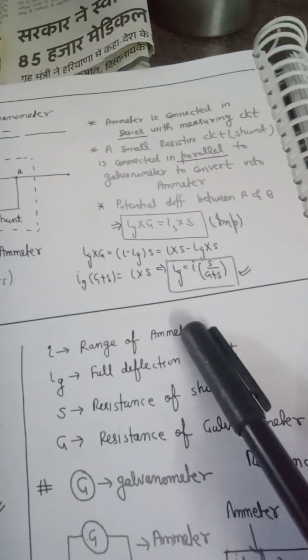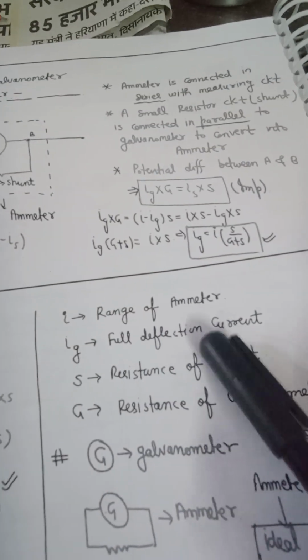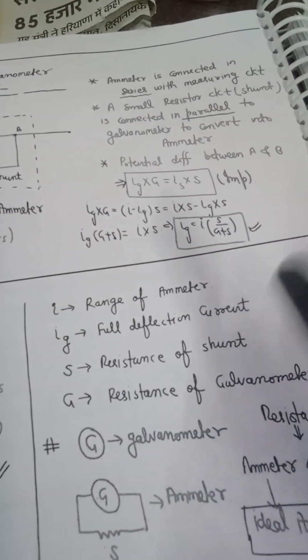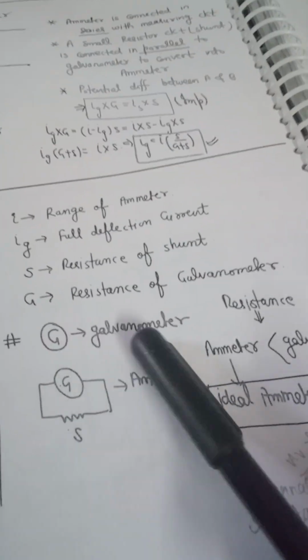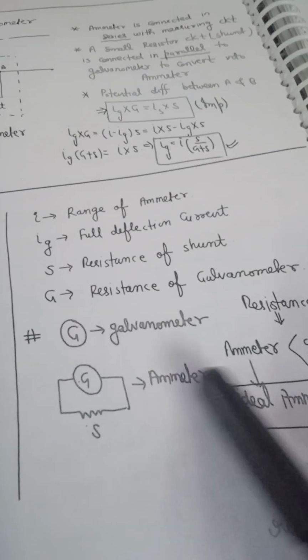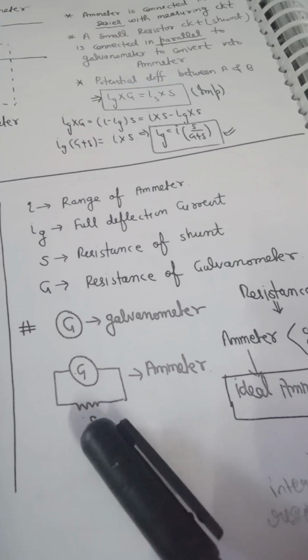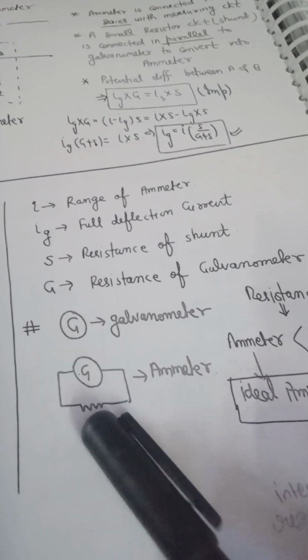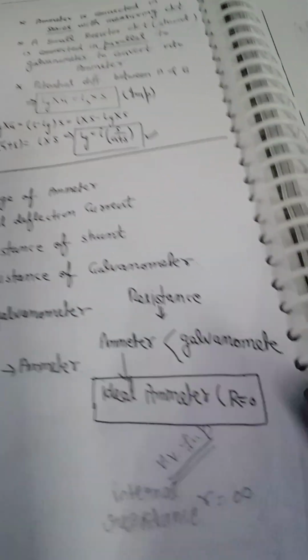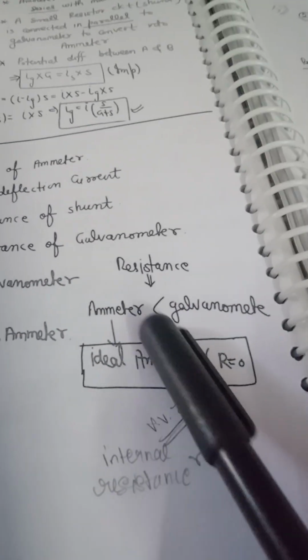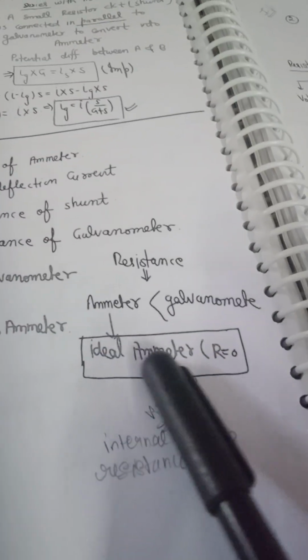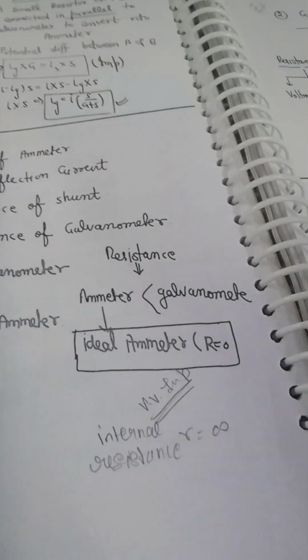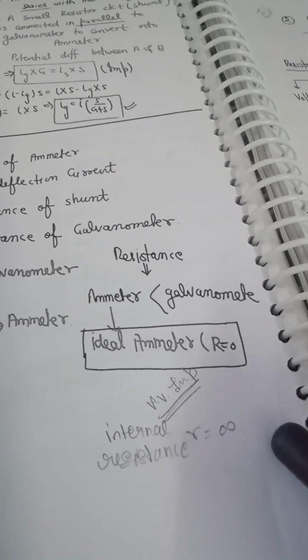I is the range of the ammeter. Ig means full deflection current. S means resistance of the shunt. G is the resistance of the galvanometer. So in an ammeter, a shunt remains parallel to the galvanometer. Okay. So the resistance of the galvanometer is greater than that of the ammeter, but in an ideal ammeter R is 0, while the ideal voltmeter's internal resistance is infinite. Okay,